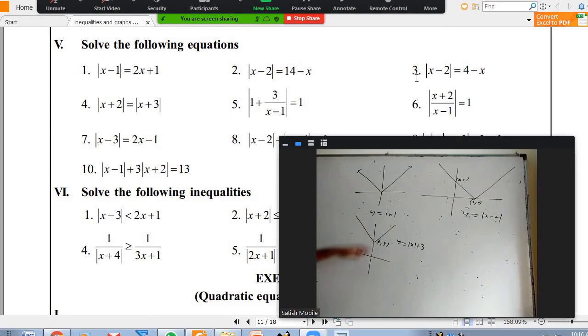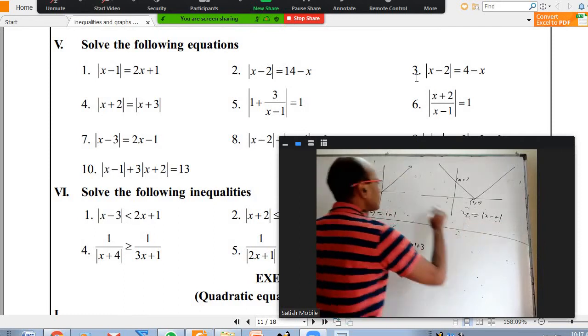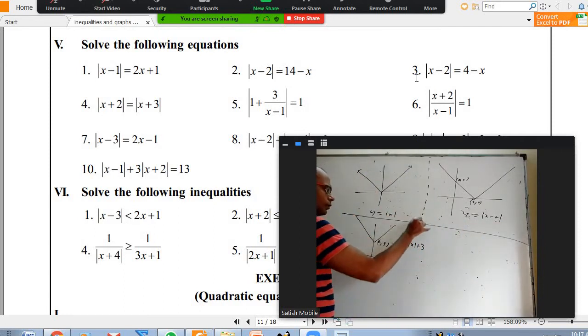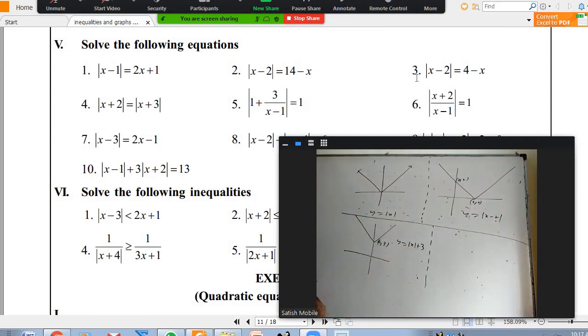Yesterday I already explained this y equal to mod x graph. Whenever x is positive, it is the same as the y equal to x line, but not the full line, only the upper piece, not the lower piece. When x is negative, it is y equal to minus x, this line, but not this piece. These are two rays. You can take examples 1 comma 1, 2 comma 2, 3 comma 3, 4 comma 4, and minus 1 comma 1, minus 2 comma 2, minus 3 comma 3, all those points. Does anybody have any objection or doubt regarding the y equal to mod x graph?